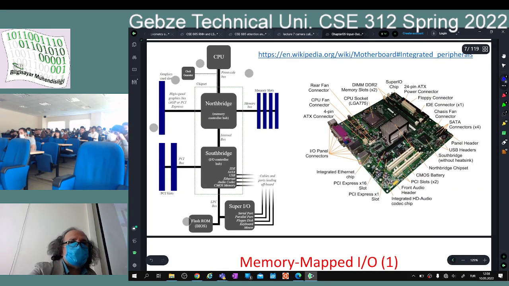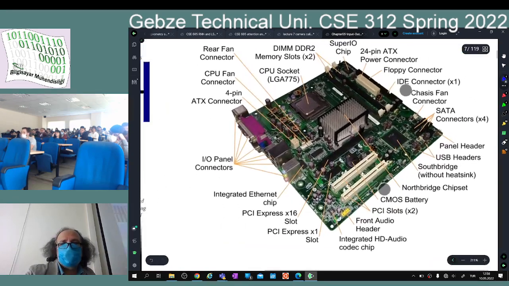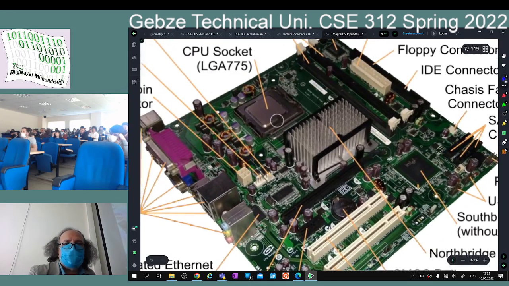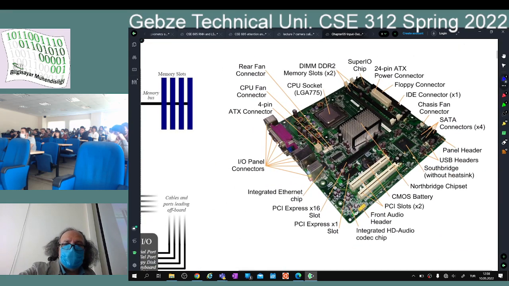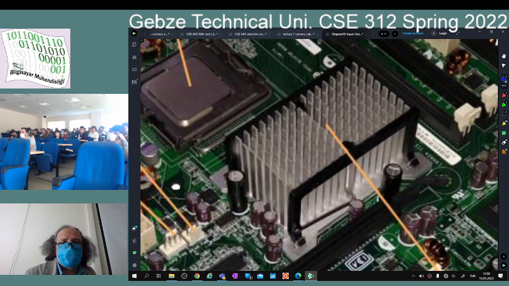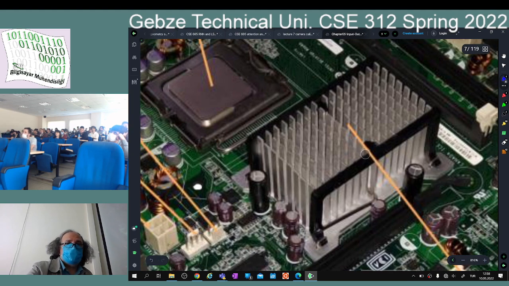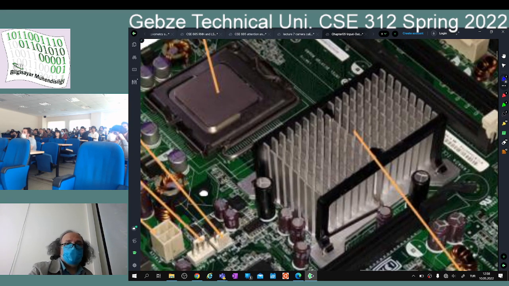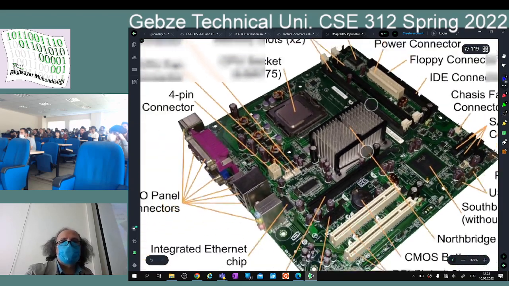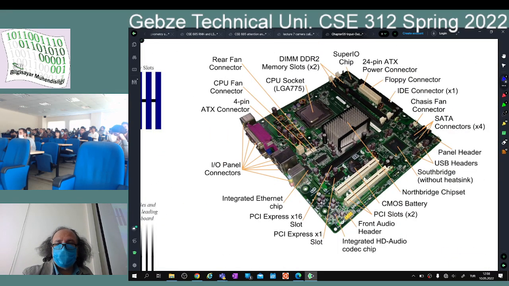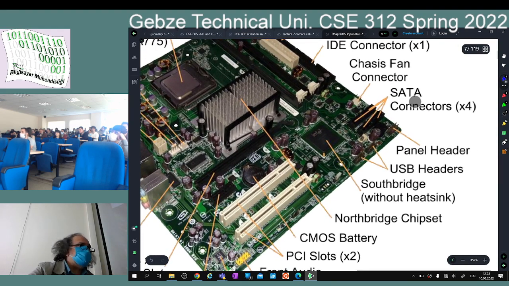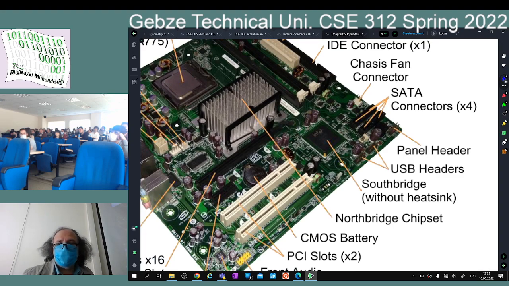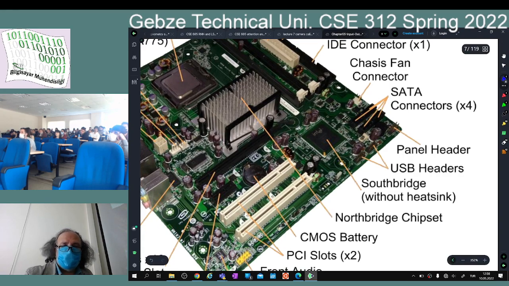And this is just a logical diagram, and this is the physical thing actually. This is the CPU, okay? This part is the North Bridge. As you see, I have a very large heat sink on it. It gets hot, its heat sink is larger than the CPU's. It's a very, very busy thing, and South Bridge is here. So all the other stuff, for example, our SATA connectors, our hard disk stuff, USBs,